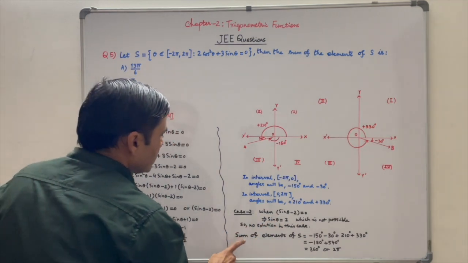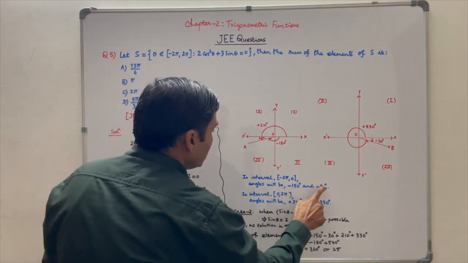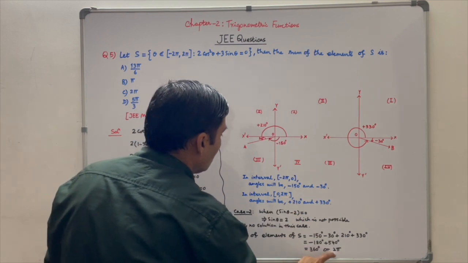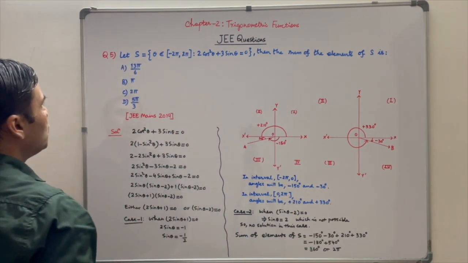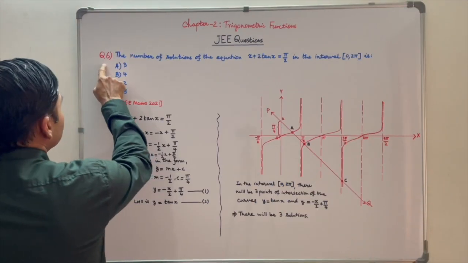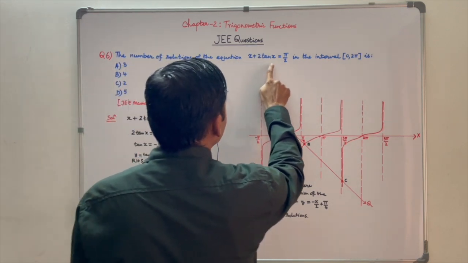So finally, the sum of the elements of S will be the sum of these four angles, which is equal to 360 degrees or 2 pi. So the answer is 2 pi. Option C is correct. Sixth question, the number of solutions of the equation x plus 2 tan x is equal